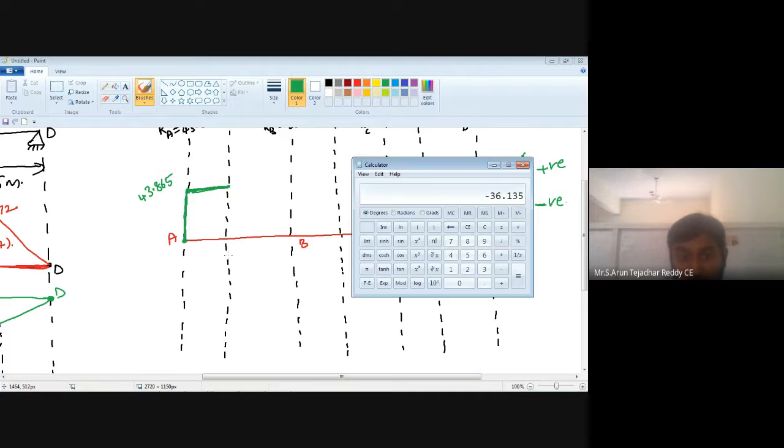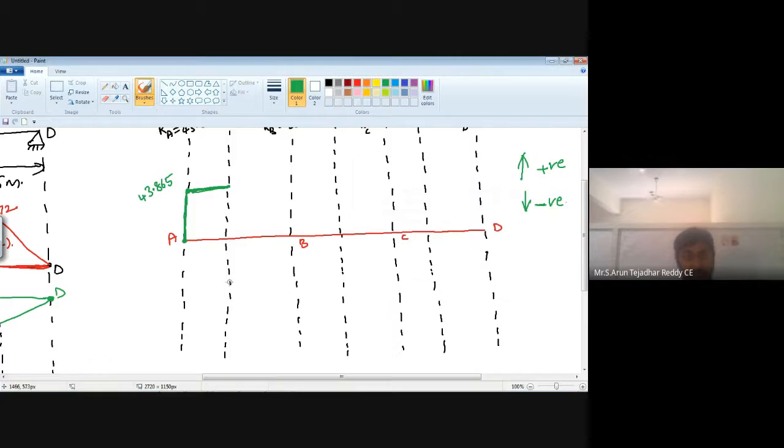So below the beam we'll get our shear force diagram. It means somewhere here. Somewhere here. Now join these points. What is the value? 36.135. Now from here to here it is constant. After that, at point B,